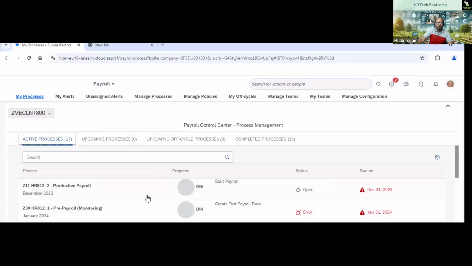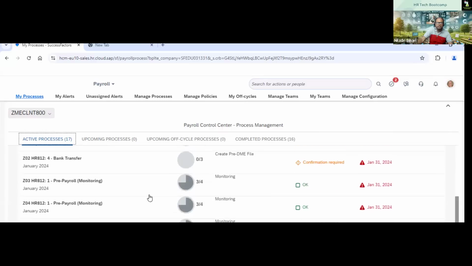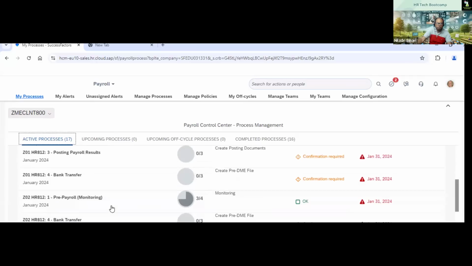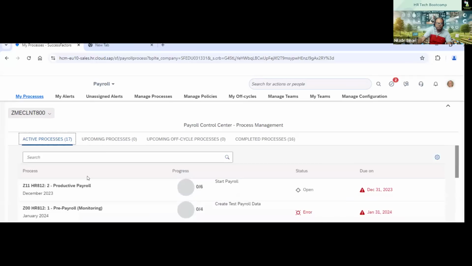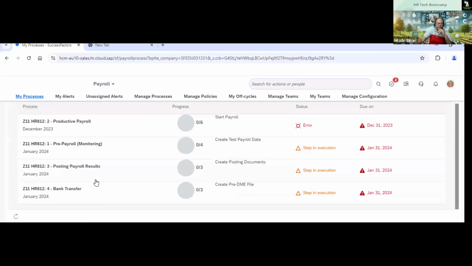Basically, if I go to the pre-payroll monitoring process here, I can see those things. If I talk about January, I can see a lot of things here, but let me focus on one thing: Z011, whatever is there in Z11. That is my group number. So this is my pre-payroll monitoring process, posting payroll results, all the things are here. If I go here, pre-payroll monitoring,